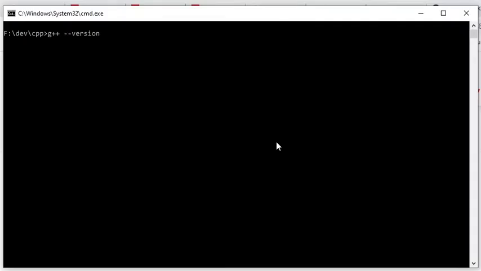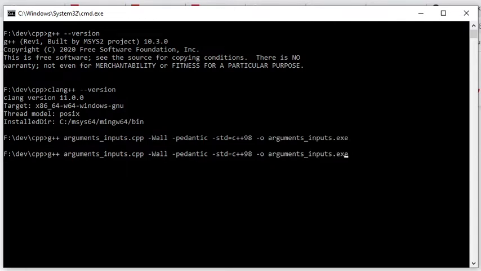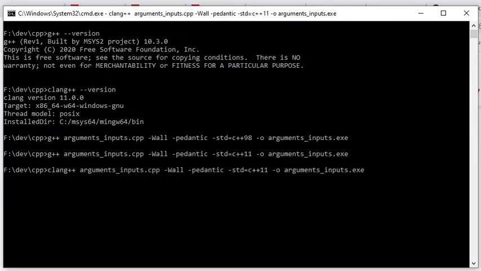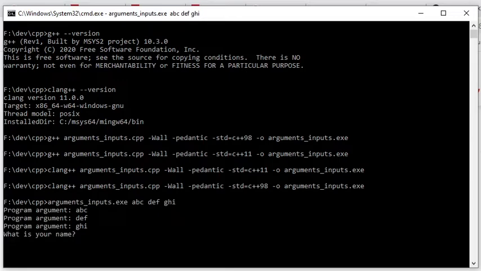Now I will compile the code. In the previous compilation of the Hello World, I did not specify explicitly which C++ version to use, but I will do that now. I will compile with C++98 and C++11, with both g++ and clang++, to show that the code compiles without warning for all of the 4 compilations. When the program is executed, you can see that it works as expected. It iterates the arguments provided from the command line, and then it asks for a name, and when I type a name, it is printed to the screen with hello as prefix.